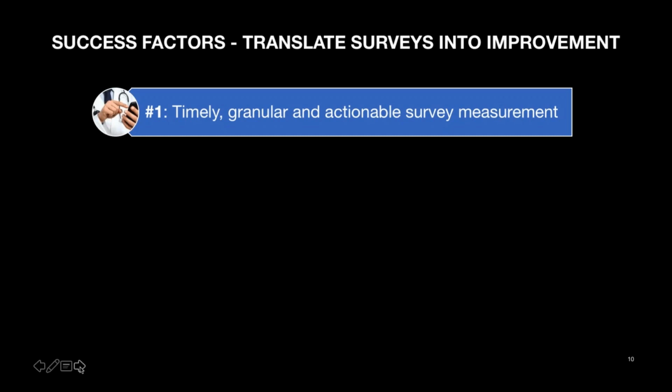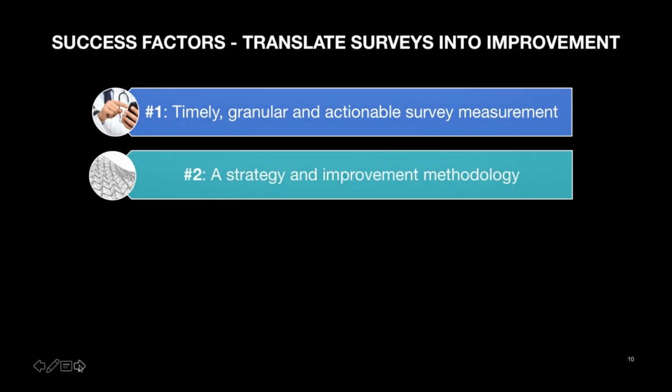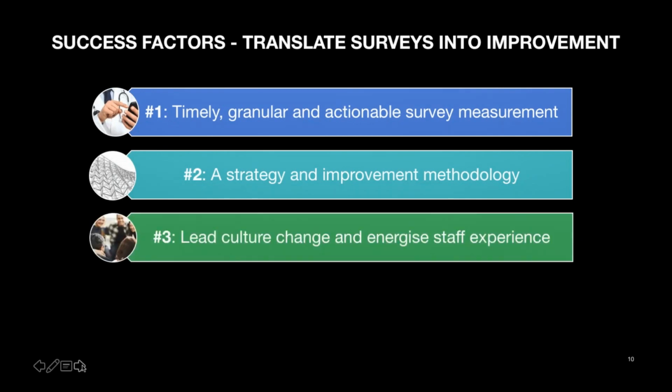What's really engaging is if you have feedback that's relevant to you as an individual clinician or manager, or to a frontline staff member. And finally, that feedback has got to be actionable. So you've got to have quantitative data, but qualitative data is also really, really important. And I'll cover that in more detail in a second. Secondly, you've got to have an overall strategy for your department or your organization, and an improvement methodology that you use to improve experience. Third, there's got to be, and I hear this time and time again,